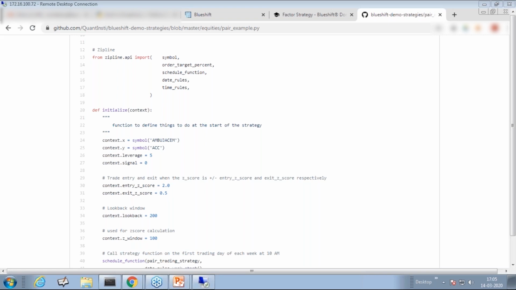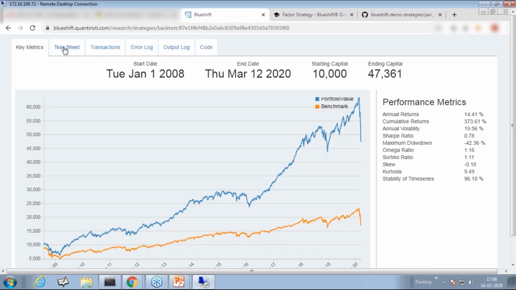The last question is: can you please tell me about incorporating broking charges? Yes, as I said, you can use broking charges using the function called set commission and set slippage. You can ignore the set slippage function for now. You can use set commission, and in the set commission function, as you see here,